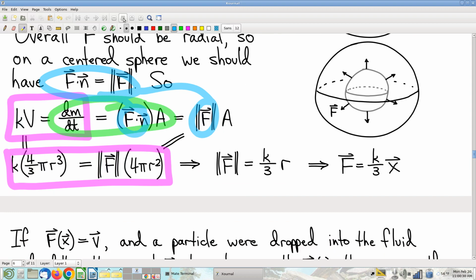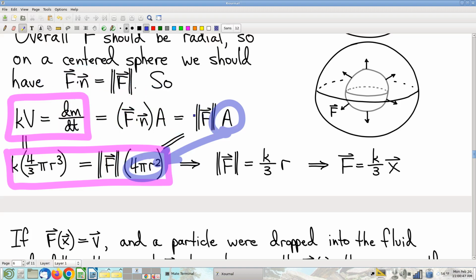Right? And then also, don't forget that we have a standing formula for the area of a sphere, and that's 4 pi r squared. That's just an old high school geometry fact. Also, another old high school geometry fact is that volume is 4/3 pi r cubed. So, a couple of observations there, and a nice punchline though.